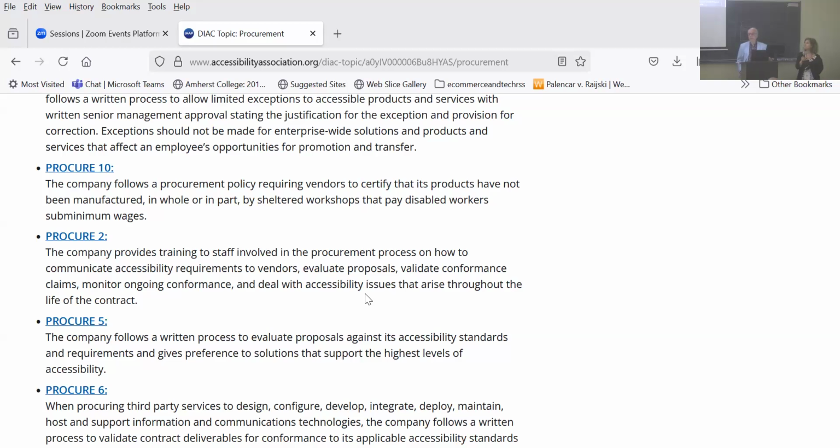And so if the folks whose job it is procurement aren't trained in accessibility, they're not going to be able to successfully acquire employee-facing software that's accessible. So one of the first criteria in this area: the company provides training to staff involved in the procurement process on how to communicate accessibility requirements to vendors, evaluate proposals, validate conformance claims, monitor ongoing conformance, and deal with accessibility issues that arise throughout the life of the contract.